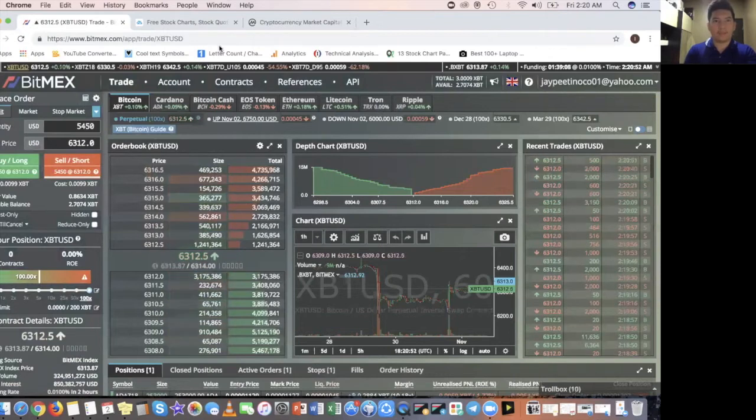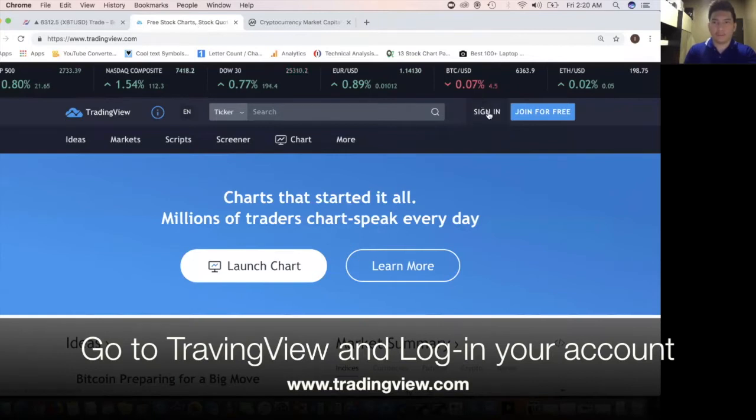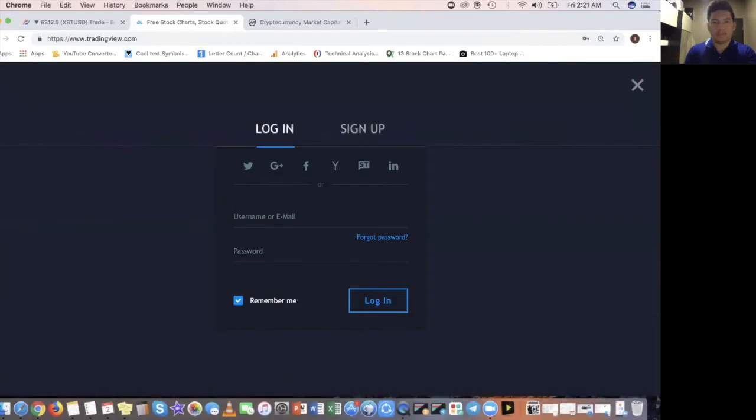Second is I log in my TradingView account. So sign in, log in,